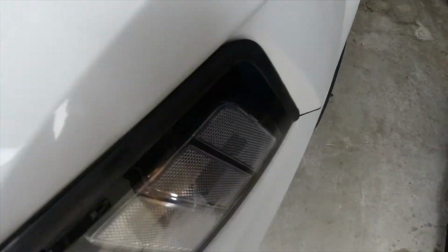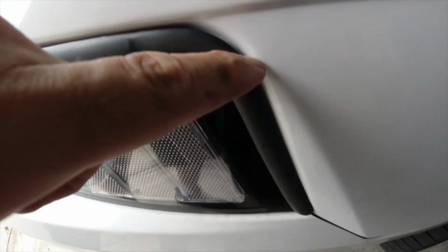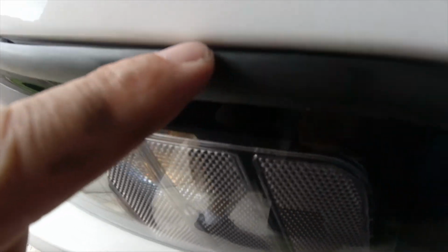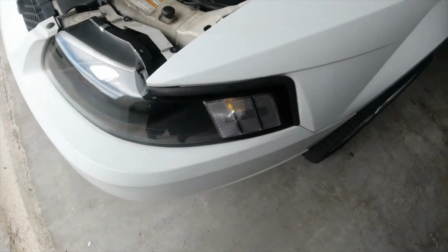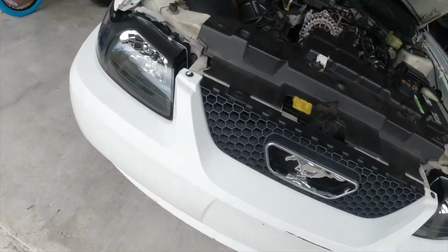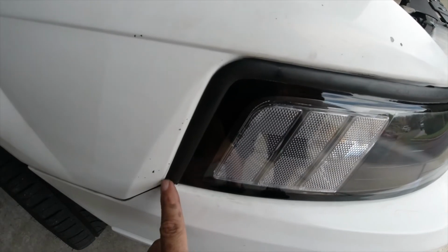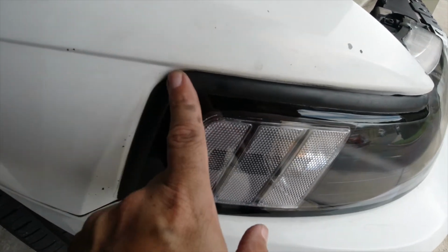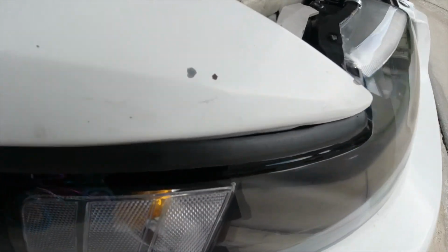Okay, now on the side, the fitment is perfect. It is flush, big gap, flush, big gap, real big gap. That one's really upsetting me. Okay, now let's go around. This headlight almost fits totally perfect. Down here's got a gap, perfect fit, gap, tight fit, gap. Not as bad as the other one. Okay,